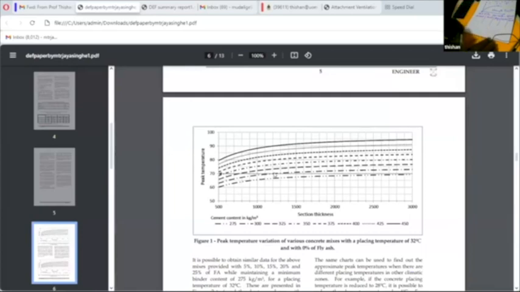Maximum cement content has to be 300, right? Because I'm having large columns, I have to be concerned about it. So I'll use maximum cement of 300, and I'll use something like 120 fly ash,